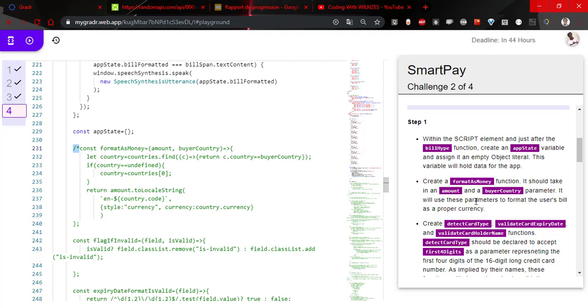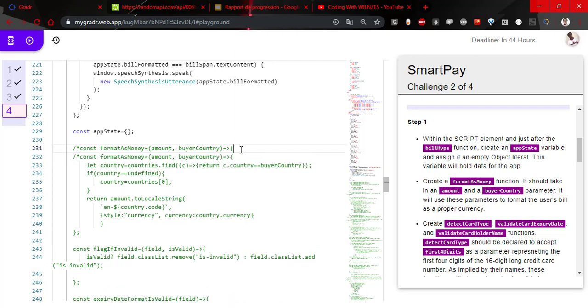After that, create a format as money function. It should take in an amount and a buyer country parameter. It will use this parameter to format the user bill as a proper currency. Now as you can see, I already have the function written, but I will just show you what it should be like in the beginning. So in order to code this instruction, you just have to write a function like this,